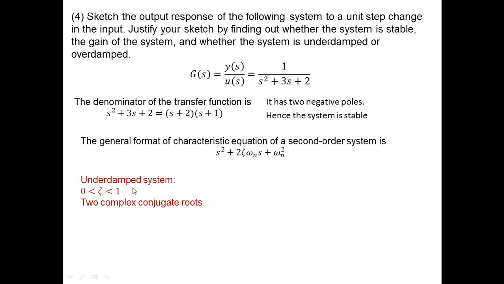A system is underdamped if its damping ratio is bigger than 0 and less than 1, or if it has two complex conjugate roots. Otherwise, the system is overdamped if its damping ratio is bigger than 1 or if it has two real roots. Using this criteria, justifying the characteristics of the system based on its damping ratio, I just need to compare this general format with this